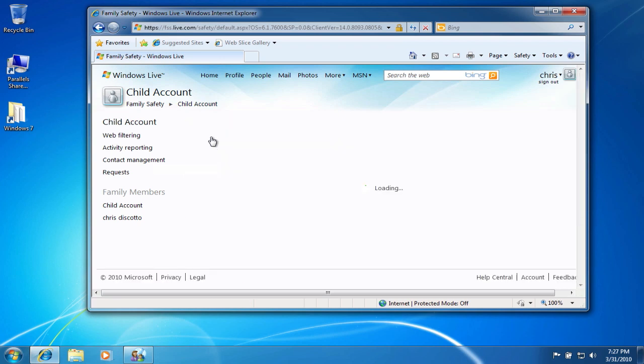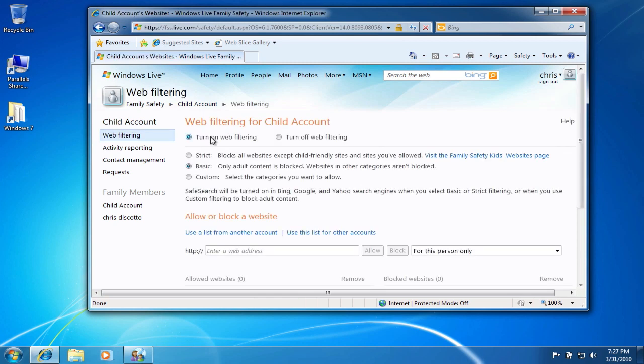So click Web Filtering. This is where you can turn web filtering on and off, and you can set up filtering for strict, basic, or custom filters. Strict allows only specific child sites, and everything else will be blocked, so only specific sites will your child be able to get to. Basic is probably the most commonly used, and it's going to block any adult content. And custom is where you set up all the blocking for what categories you want blocked